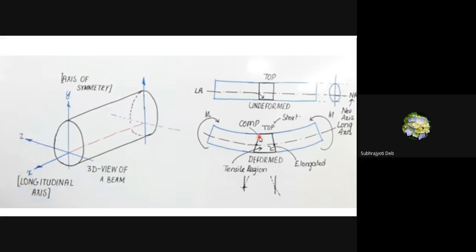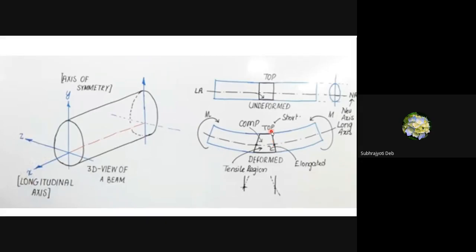In the top fiber, it will not actually change its shape. It will remain its original shape in the topmost fiber. And at the bottom, the strain will be maximum. Okay, so in this fashion, the cross section will bend. And if you consider this axis, that is known as the longitudinal axis,